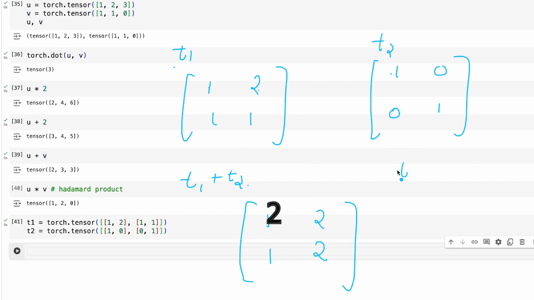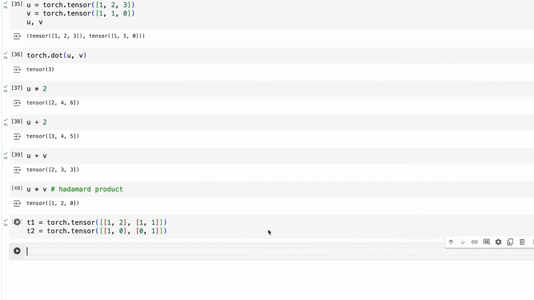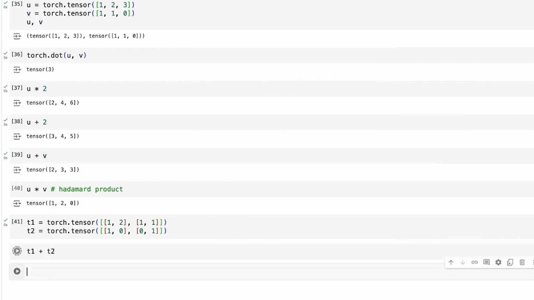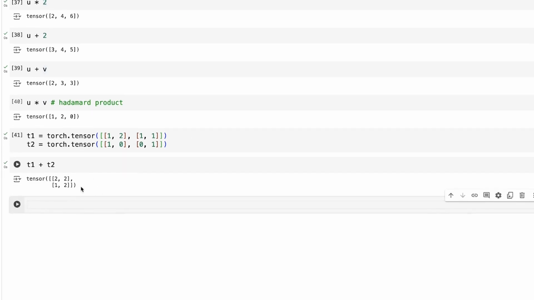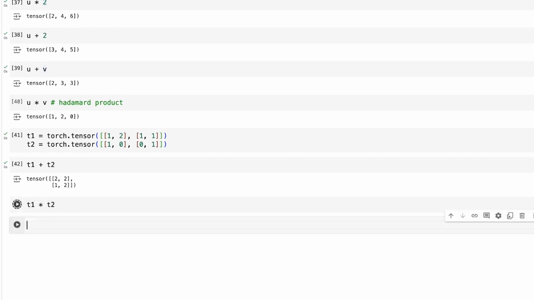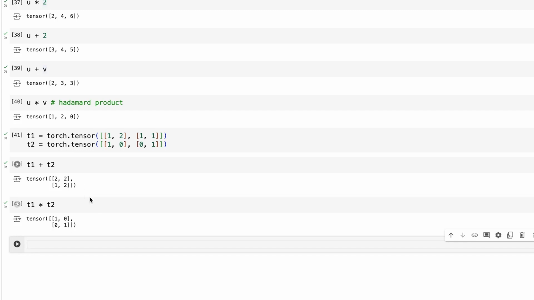Okay, so T1 multiplied by T2 will be the Hadamard product, which is again element-wise multiplication. Corresponding elements in T1 and T2 are multiplied. So 1 multiplied by 1, 2 multiplied by 0, 1 multiplied by 0, 1 multiplied by 1. It results in 1, 0, 0, 1. You can verify the same here by just doing T1 plus T2, which resulted in the same tensor as we have observed earlier. So T1 multiplied by T2 is going to be the Hadamard product, the element-wise multiplication that one